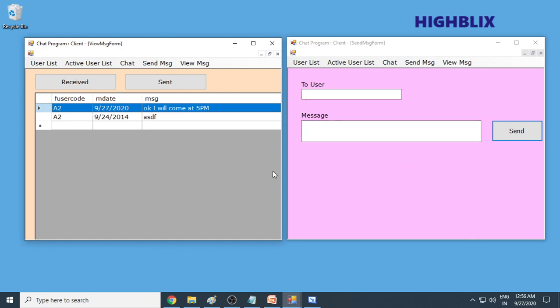As I already told you, if you install this on different computers, and if your database is on the main server or a web server, everyone can communicate very easily. This is the concept of this whole desktop application, and you should learn how you can write this project in VB, C#, or Java, or you can make it as an Android app also. I hope you get some idea from this particular video.